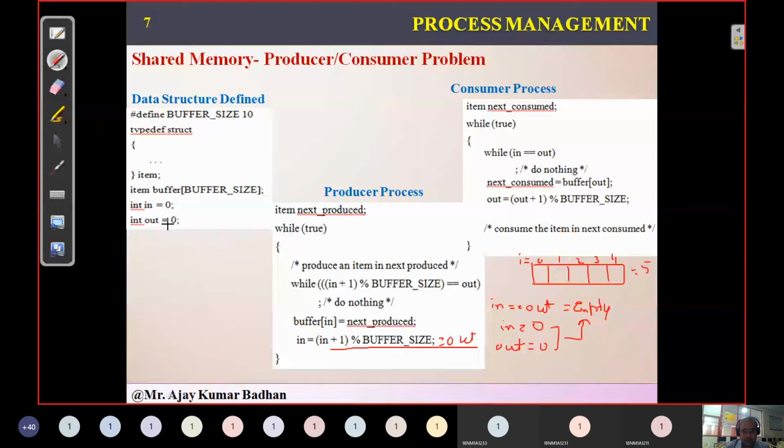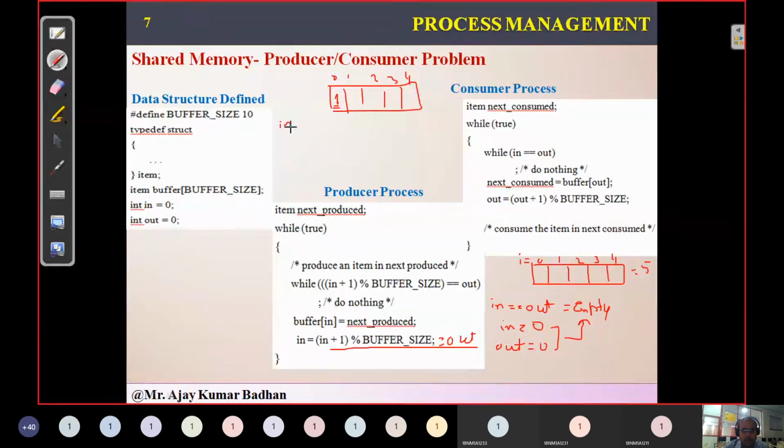What is the next case? When the buffer is full. Let us suppose I start adding data. With indices 0, 1, 2, 3, 4, I have added 1 here initially.